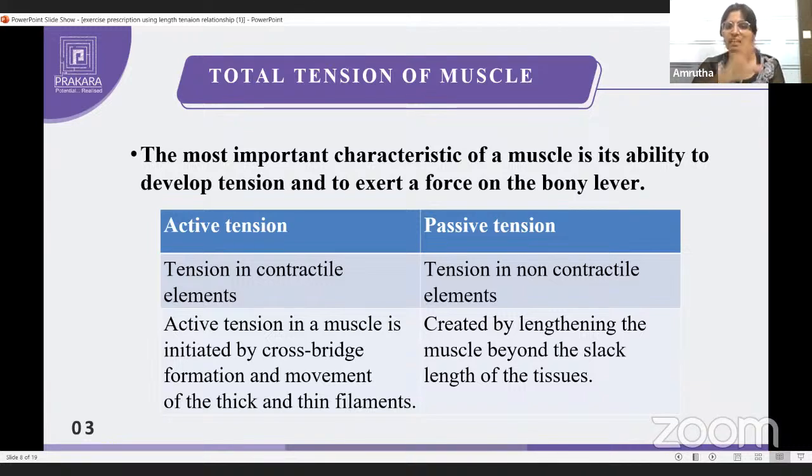passive tension. So active tension is created when cross bridges are formed. That means whenever the muscle is in a lengthened position, there are no cross bridges formed. Yet there is some amount of tension present, created by the passive tension, created by lengthening the muscle beyond the slack. This is nothing but tension, both active tension and passive tension, which we'll be seeing in the muscle. So now coming back again to the graph,